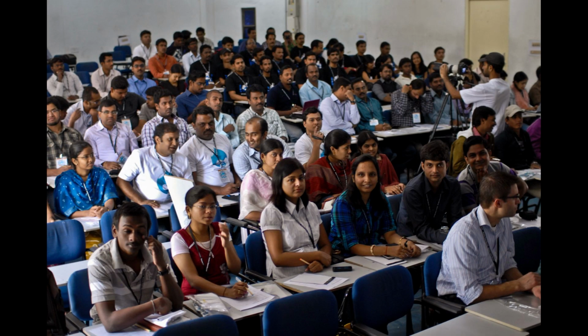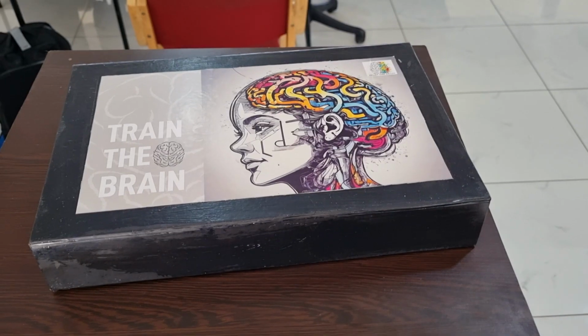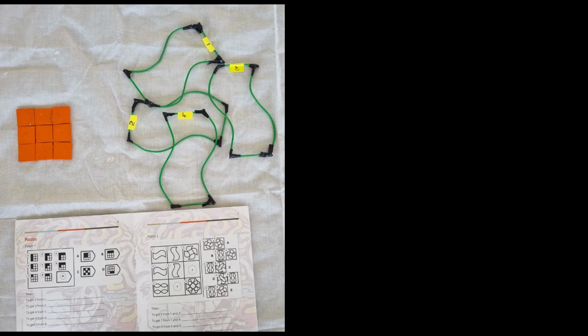In today's competitive world, students face an array of challenges presented by rigorous exams and aptitude tests. Even when students attempt to practice logic puzzles, the available resources mainly provide correct solutions, neglecting the crucial methodology behind problem solving. That's where our solution steps in, introducing a unique approach using manipulatives to bridge the gap between abstract